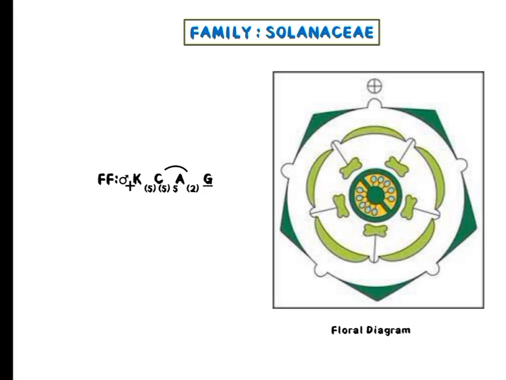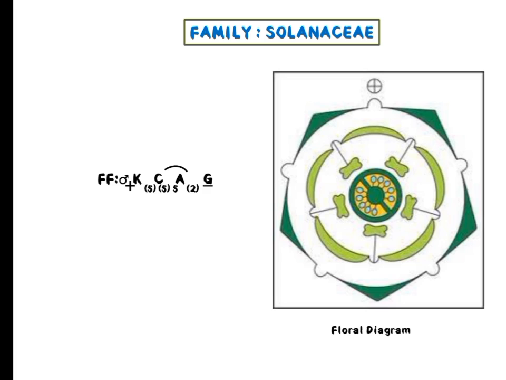That's why we use this symbol. So the corolla may attach to the androecium, or the androecium may attach to the corolla. Why? Because stamens are attached to the petals. That's why we use that symbol as a feature of adhesion. Then androecium, there are 2 stamens. Mainly 2 stamens, and they are in fused condition. Here in your picture you can see there are many stamens. Actually this is not a floral diagram of a particular plant. This is the representation of the entire family. That's why maybe so many variations are there.